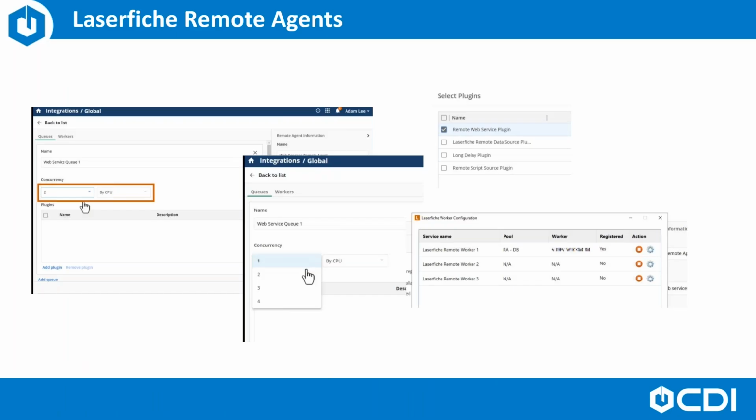For example, if a machine has 2 processors, we set that to 2. We set concurrency to 2 CPUs, resulting in the worker processing no more than 4 work items in total for that queue at any given time. We can also set an absolute limit rather than per processor. And the plugins allow the workers to perform the type of work specified there in the plugin.